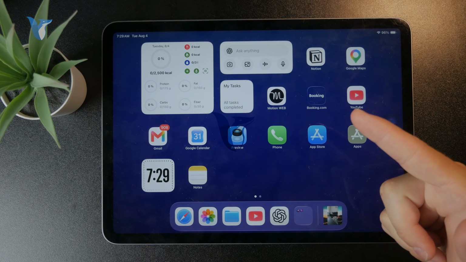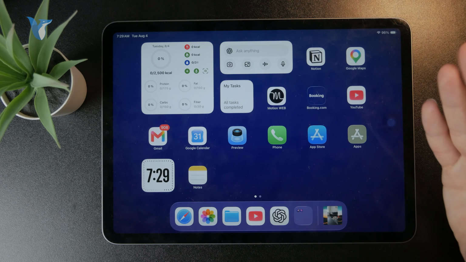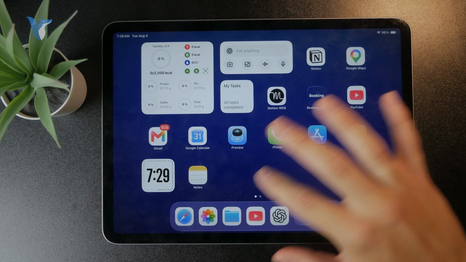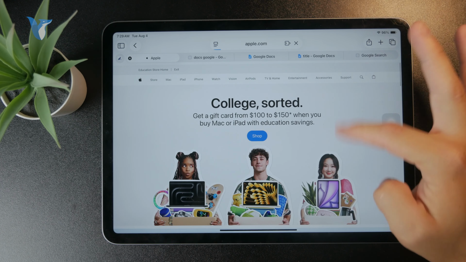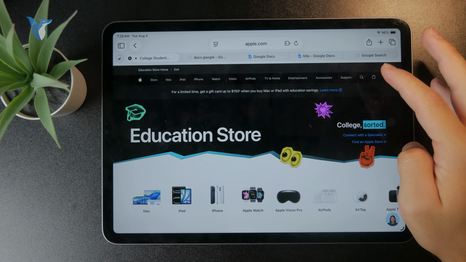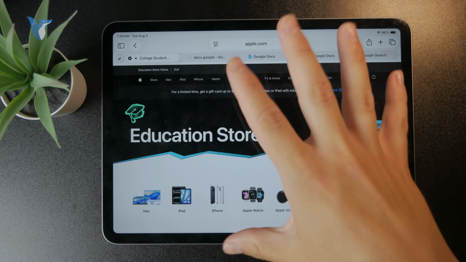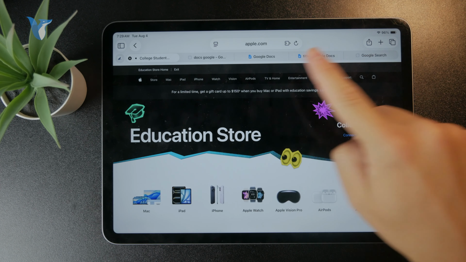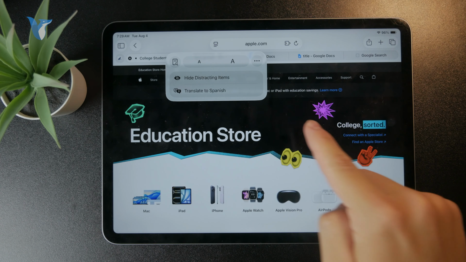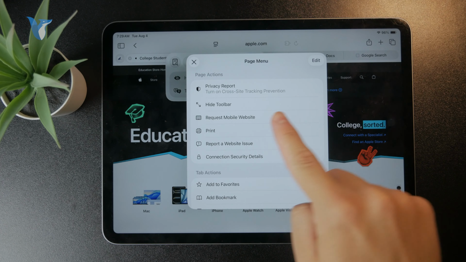Now, this is how we can get rid of the search bar on the iPad. Well, there are more things you might mean by it, but most likely if you mean the Safari website and the search bar in here, essentially what you're going to do is have the website open, which you want to make go to the full screen, and you can click on the button next to the URL, which is this one in here, and you can also click on more options in there, and you can tap